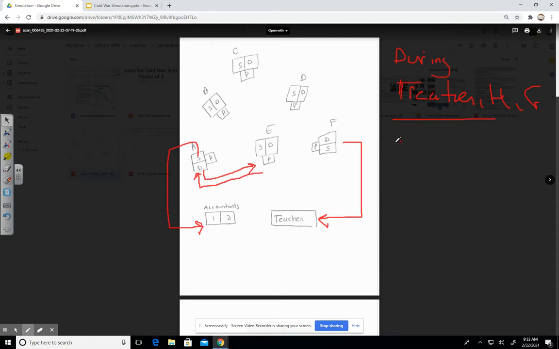So at the end of the round, what's going to happen is the accountants are going to start discarding those treaties and then replacing those treaties with actual money. They are also going to verify that a health card is in place for each group as well as a food card. If they do not have a health or food card, a group will sit out in the next round. This will also lead to what is called a humanitarian crisis, which is where the role of the United